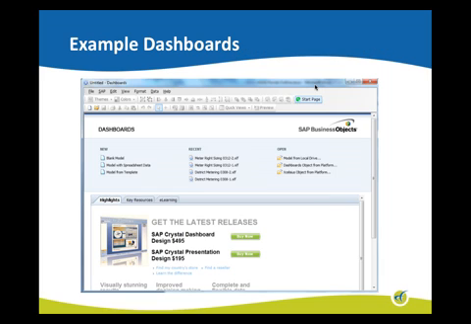So, for those of you who have seen the tool, I just wanted to give a little snapshot. This is the welcome screen when you open up SAP Dashboards. You've got your recents and some various learning resources and information down here that SAP provides. One thing to note, though, is that if you do not have an internet connection, you will not see this stuff. So, just a couple examples.